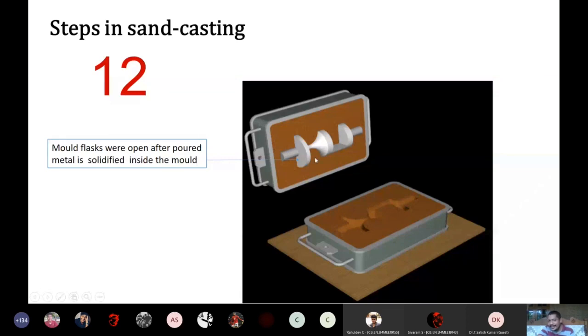These are the runners, or the extra material which you have provided for the metal to flow. These things have to be trimmed off or cut off. And this sand will go back into the mold after the recycling process. This cut-off part will normally be taken out from your industry. The casting will go through a non-destructive testing process for any internal flaws. First, you will use visual inspection to see if any external damage is there.